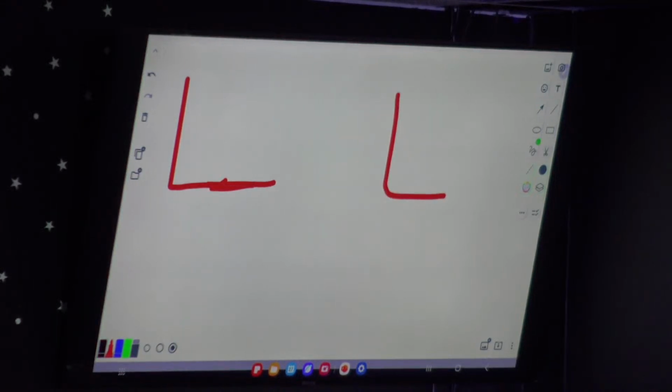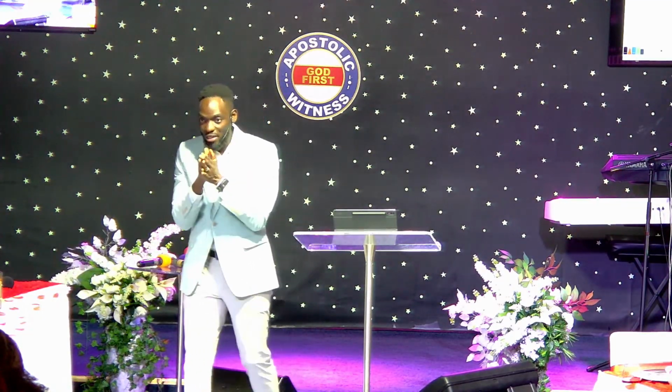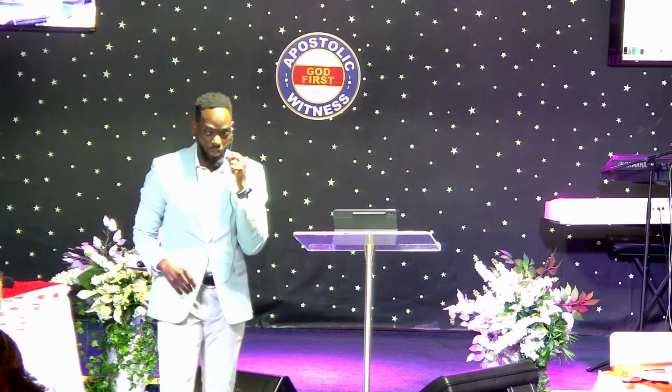What fiber does is that fiber slows down the transit of food through the colon. So if food is supposed to move through the colon by this speed, fiber causes food to move through the colon by this speed. Fast transit of food through the colon, fast absorption, fast release of glucose into the blood. Okay? Slow transit of food through the colon, slow absorption, slow release of glucose into the blood.